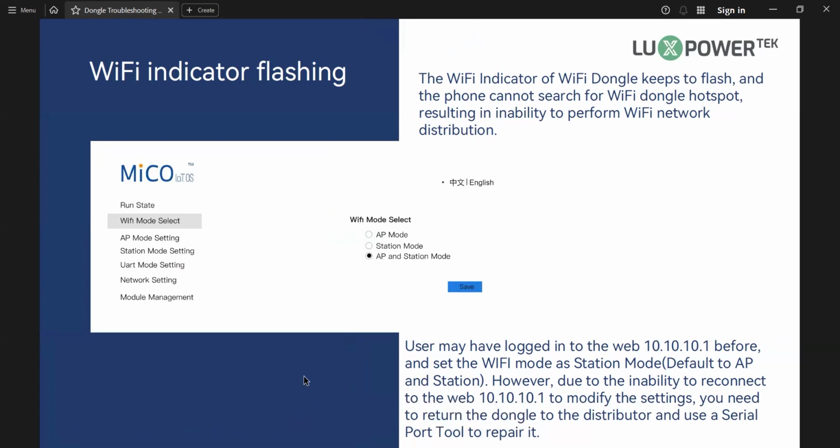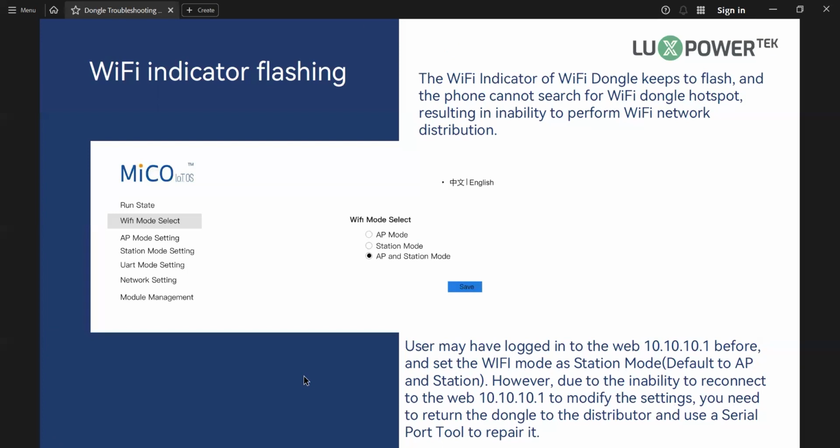Wi-Fi indicator flashing. The Wi-Fi indicator of the Wi-Fi dongle keeps flashing and the phone cannot search the Wi-Fi dongle hotspot, resulting in inability to perform Wi-Fi network distribution.